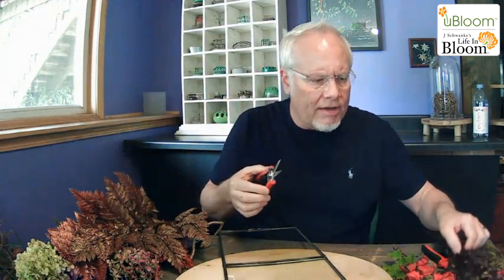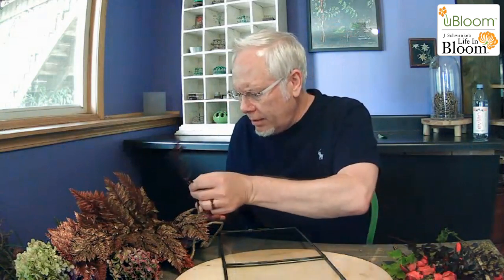Okay. So what I'm going to do today is use my compact pruner. I love this little compact pruner from Dram. One of my favorite tools. It has a little real pointed edge, and it's very, very precise. And so I can cut exactly where I want it to be. And basically, what we're going to do is we're just going to lay out a pretty little display right in here. Okay. We're going to use a piece of the